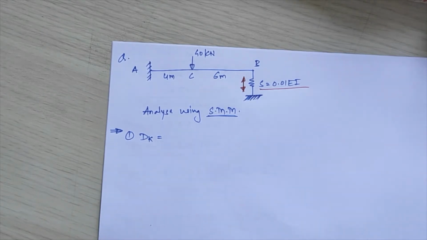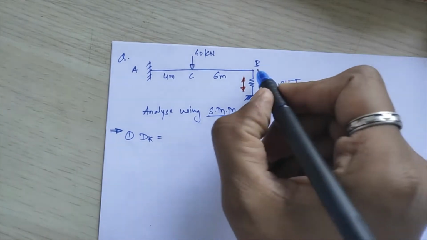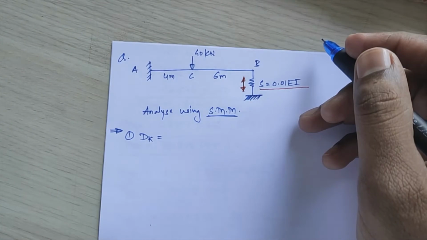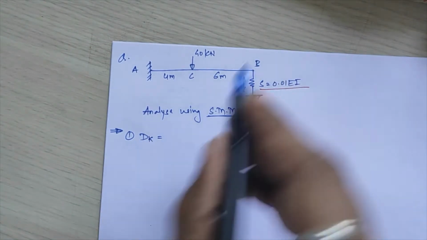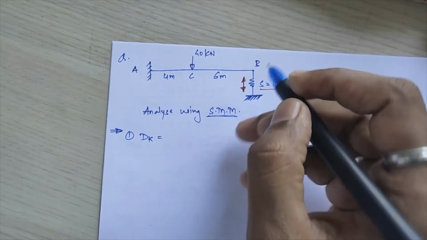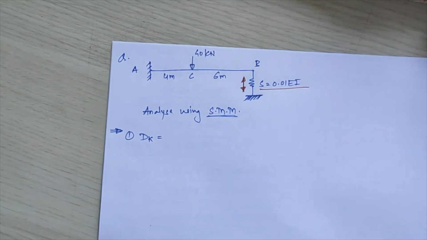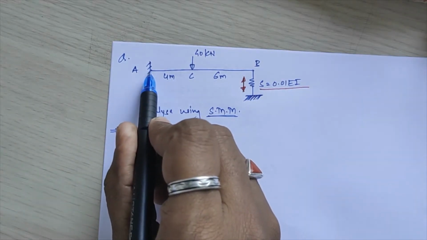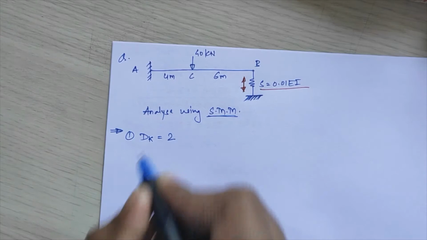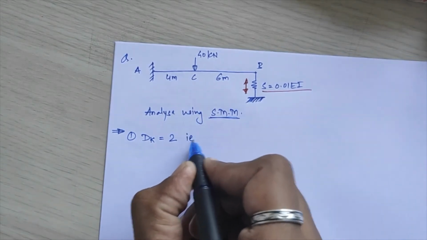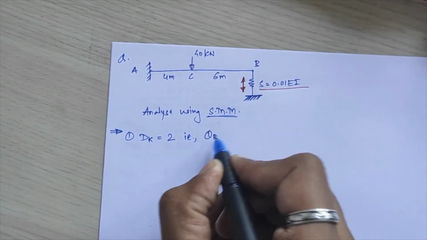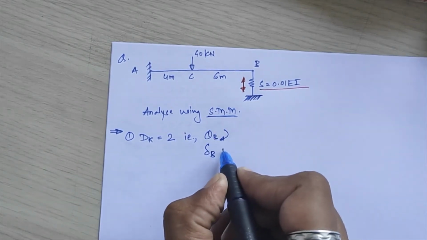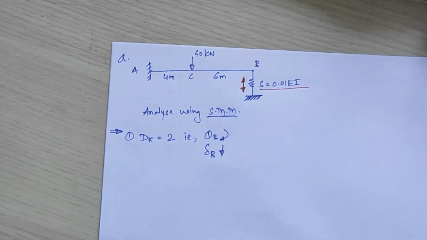In calculation of Dk, joint B will sway in the upward and downward direction. If you have a swaying concept, your Dk value increases by 1, that is delta comes into effect. So your Dk for joint A will be 0, but at joint B your Dk value will come equal to 2. Those are first theta B, which I assume as clockwise rotation, and second delta B, which I assume in the downward direction.